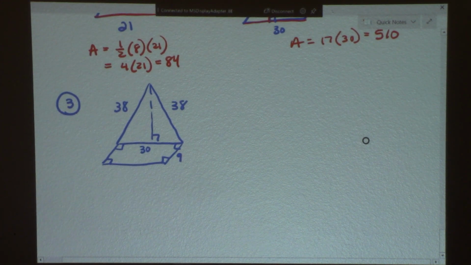And then number 3, let's do that. Now, I need my height right here. And I'm going to use the Pythagorean theorem. So I'm going to draw this like this. And this is going to be 15. What I don't